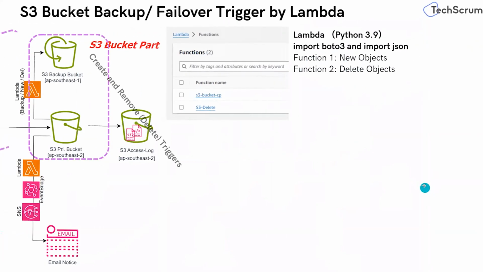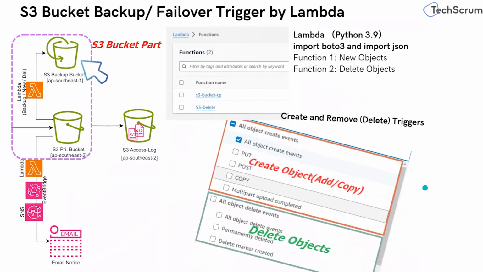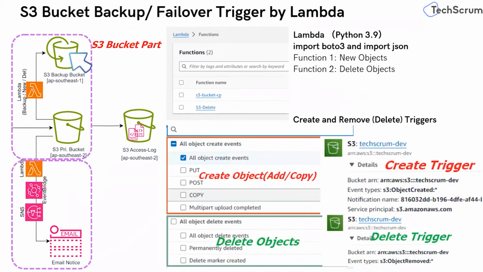Yeah, actually, I just pick up one part for the S3 bucket backup and the failover triggered by the Lambda. So yeah, I was showing on the